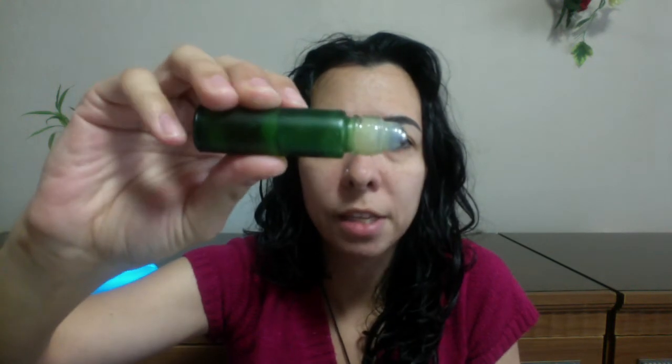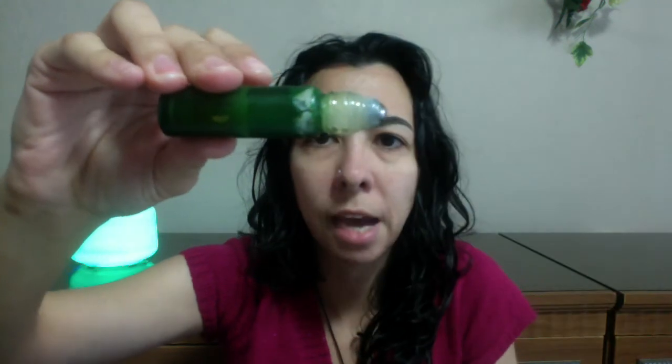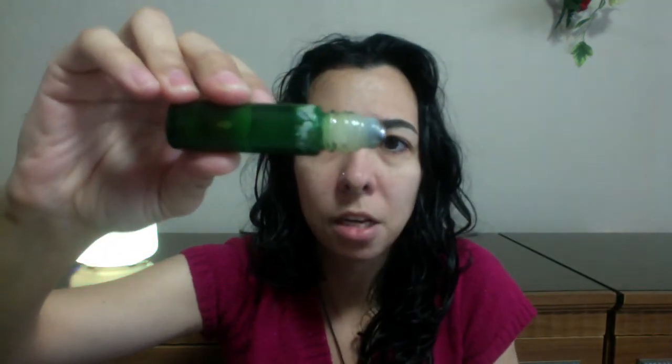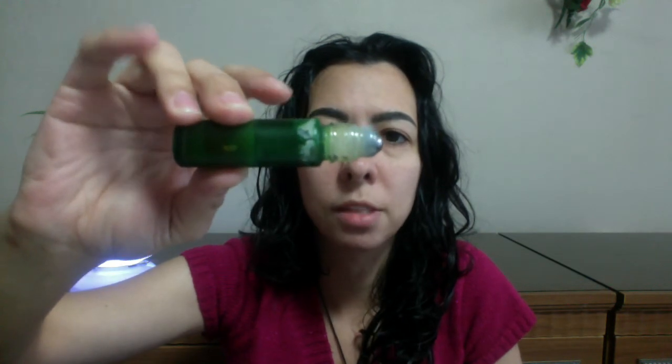So it does have a roller ball, and it is a metal roller ball. The bottle itself is glass. However, as you guys can see, it's actually painted glass. So I'm not a real fan. If I had to say one thing that I don't like about this, it is the